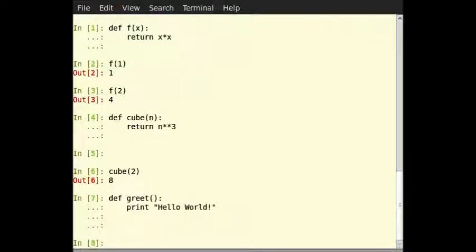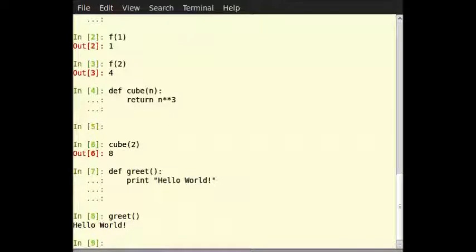Now we call the function as greet within closing brackets and hit enter. Well, that is a function which takes no arguments. Also note that it is not mandatory for a function to return values. The function greet neither takes any arguments nor returns any value.